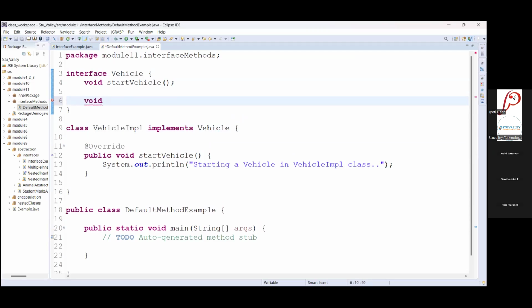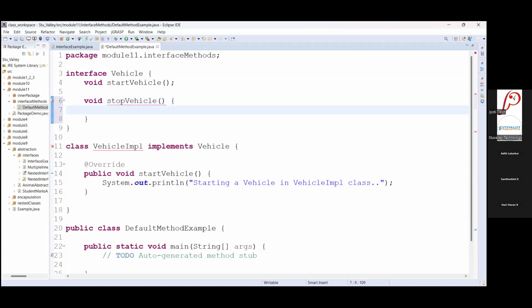So I am writing void stopVehicle method with the body, and when you want to give implementation to this method, you have to make sure that this method is declared as default.